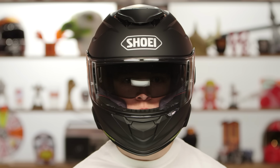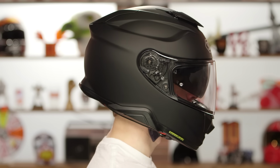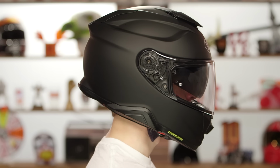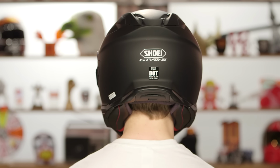Now, from a weight standpoint, there is a 2-ounce increase in weight, so the new large is going to be around 3 pounds 11 ounces. The shape stays the same. So the internal head shape for this is intermediate oval, a little bit longer front to back, a little bit narrower on the side of the head, and it should work perfectly for the majority of the American audience out there. Now, the weight is going to be from the fact that this is now going to accept the Sena